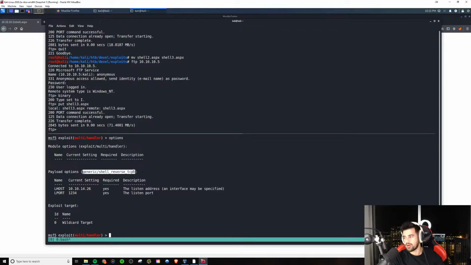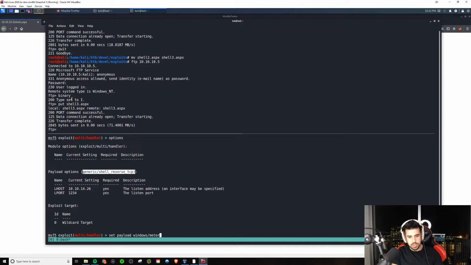That is not the payload we generated, so that's why it's doing that, right? We had the correct information here, which is why it connected. But our listener is just a generic shell reverse TCP, while our payload is a Meterpreter payload. So those aren't matching up. That's the issue. So we need to actually set payload